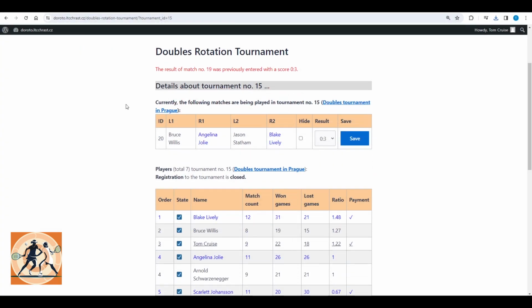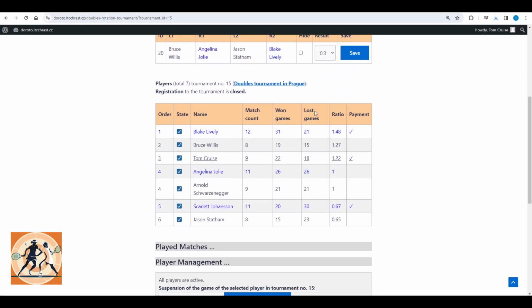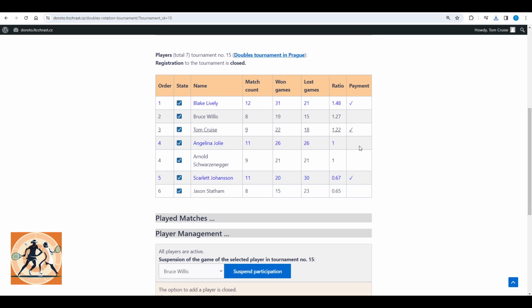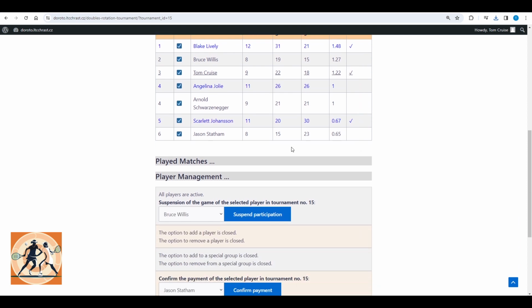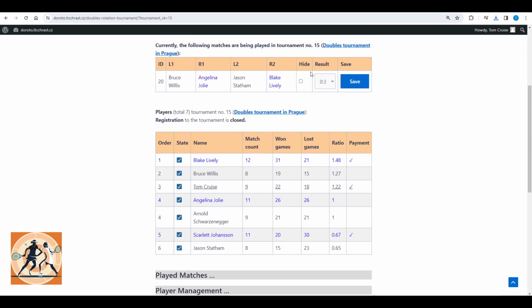While entering the results, I performed 3 uncommented actions. First, I enabled registration of entry fee payments and recorded the payment made for 3 players. Furthermore, Bruce renewed his participation in the tournament. And finally, I marked 2 matches with the hide index, so the marked matches are not counted in the result. For example, due to bad weather, the match will not be played to the end, so we will hide it.